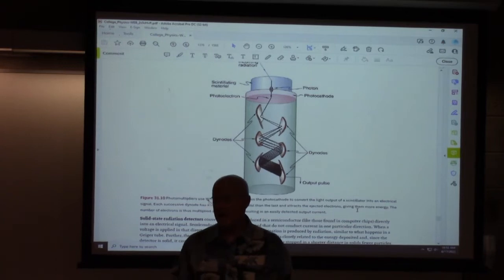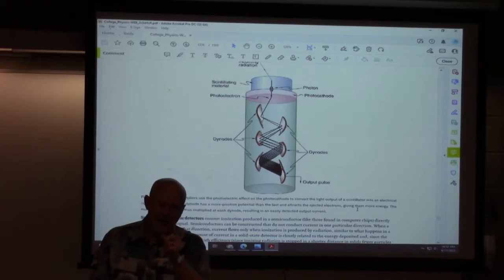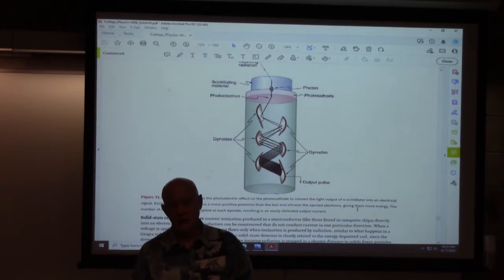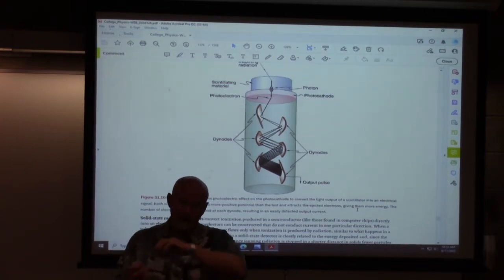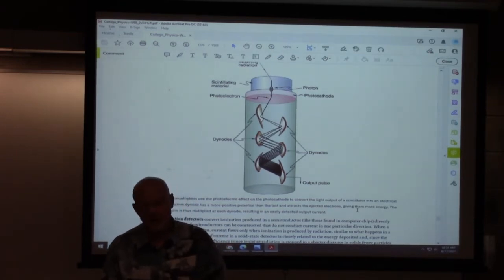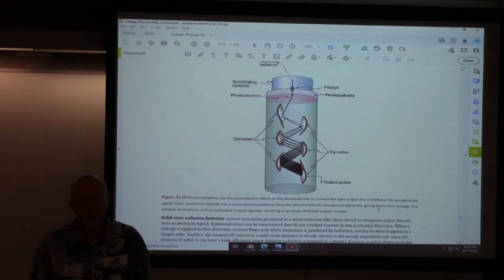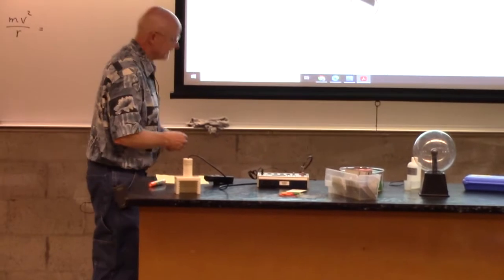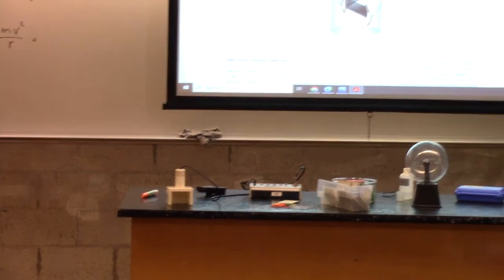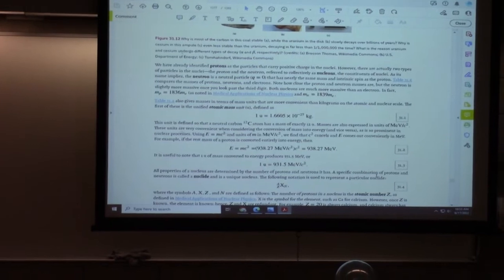In fact, you might have said that about the Geiger tube: why don't you just try to detect that one particle? But one little charge is so little, we just don't really have the electronics to do it. So that little organic gas, as it raced through, amplified how many charges I had so my equipment can detect it. And that's really what the photomultiplier is doing, the same kind of process. It's just trying to amplify it. Okay, well, if that kind of helped, we'll start to look at the structure